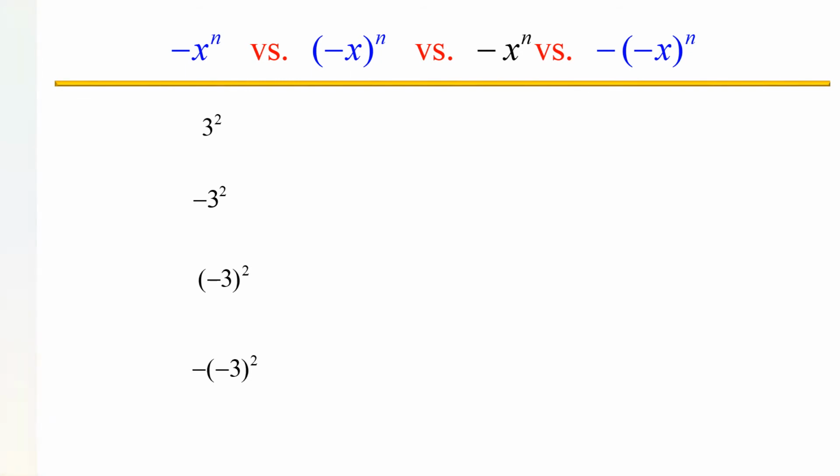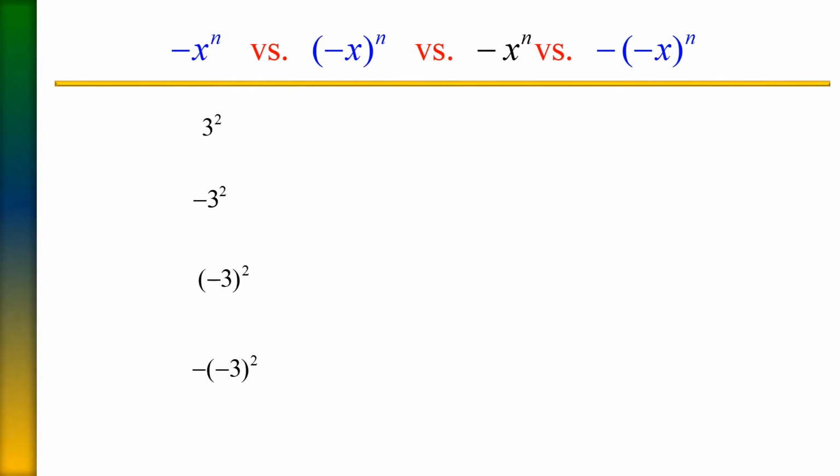Now I want to take the time to carefully go over a problematic area I see for many students when I grade the test on this particular section. It is knowing how to differentiate between a negative being on the outside, whether you have parentheses or whether you don't have parentheses. It's the negative that sometimes gives students a headache. So I'm going to use the number 3 as an example to illustrate